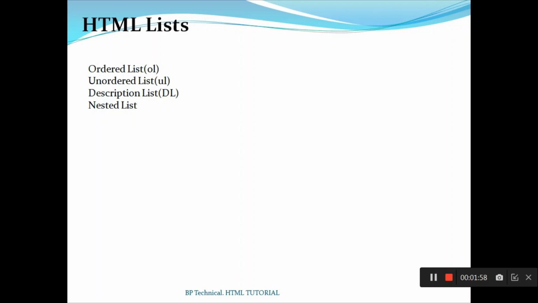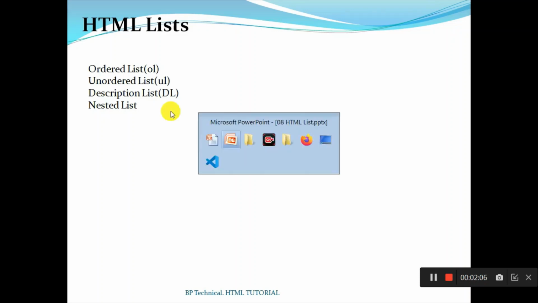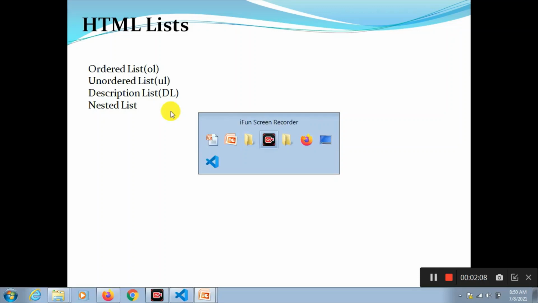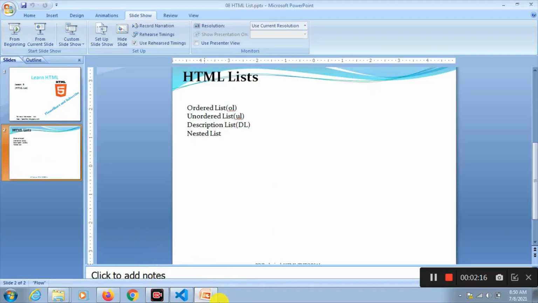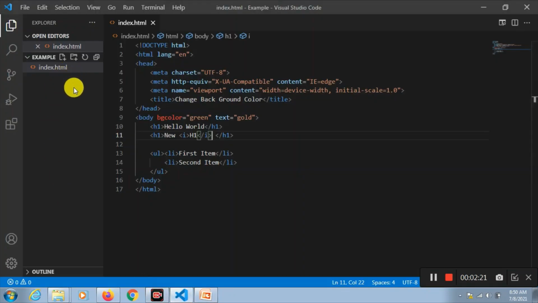For this, let's go to our code editor. And let's make a new file here only, and we'll just give the name list.html.